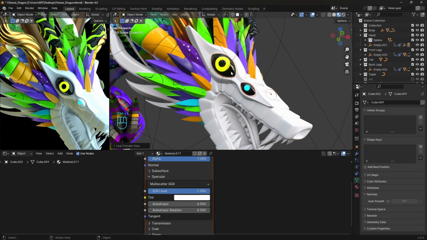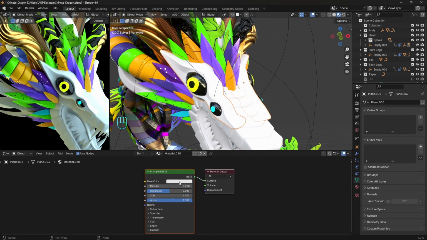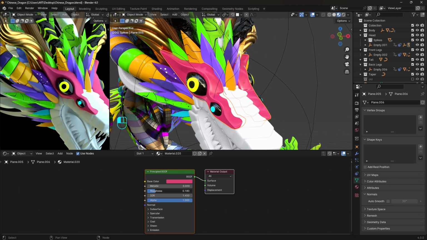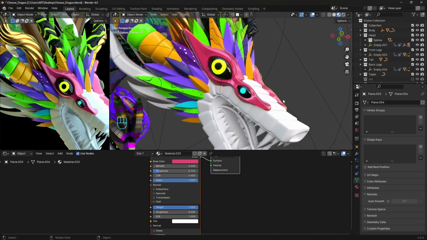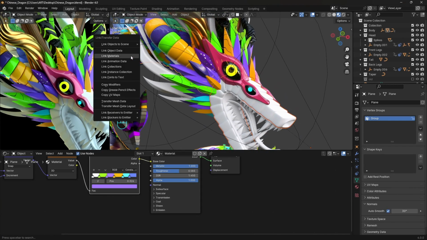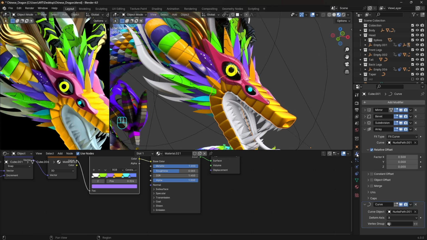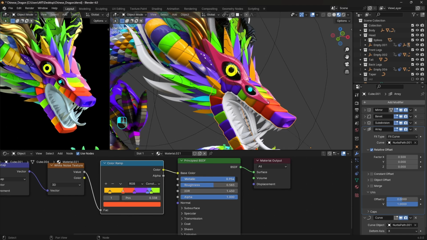Link it to the other eyes and let's create a material for this part. It's only a color with a low roughness, and we will add a coat with a weight all the way up. For this part we can link the materials, make it single user and set up the UVs as we have a race modifier. It's all about the colors here. Then reduce the metallic and the roughness.